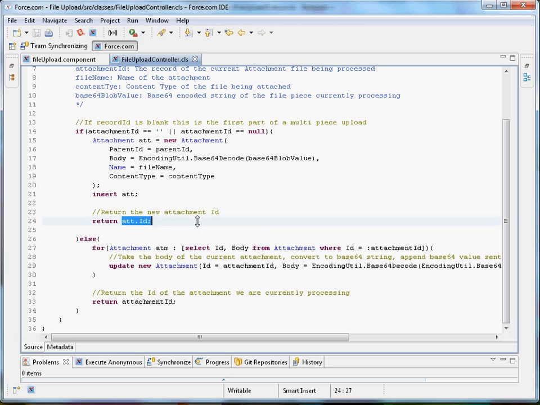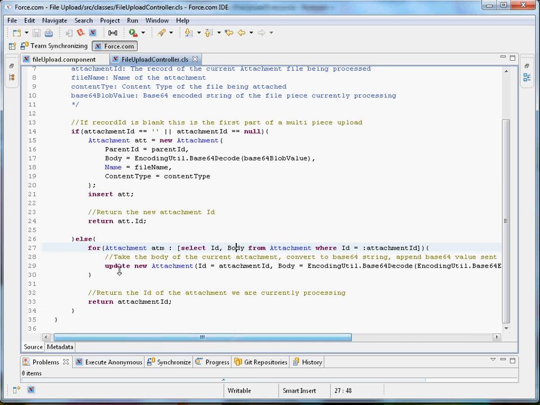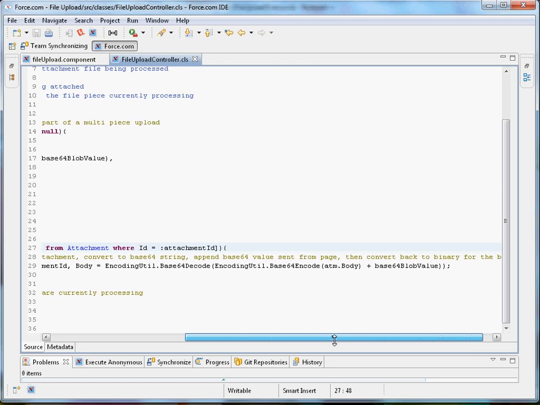Now this is important because when we return it, we want to make sure we designate that again, that when we send files back or pieces of the file back to this controller, we add those incremental blob or byte chunks to the right file. If the attachment ID is defined right here, we'll query the ID and the body from the Salesforce attachment object, and then in this one line we're basically doing some base 64 decoding, combining everything back together,